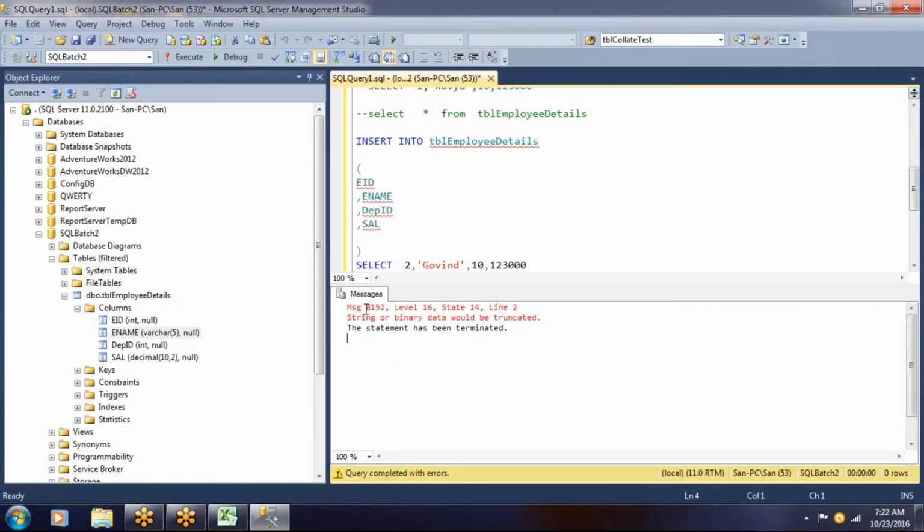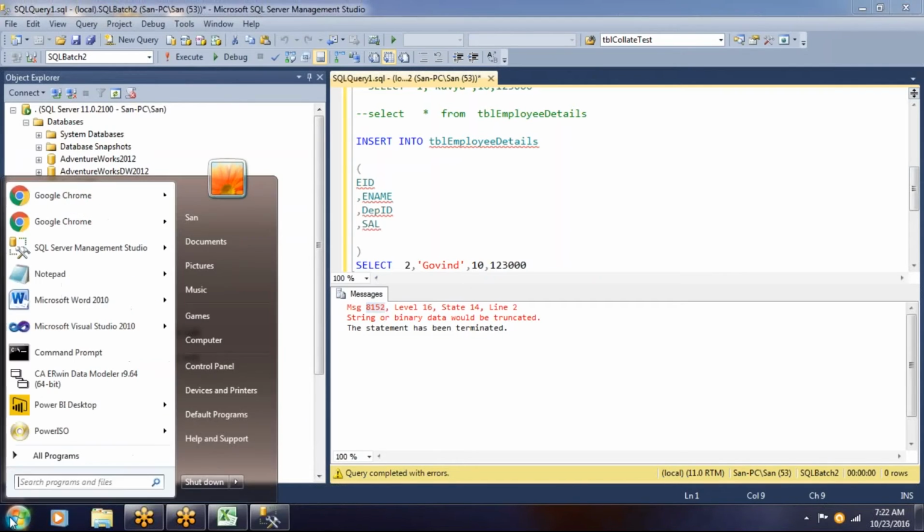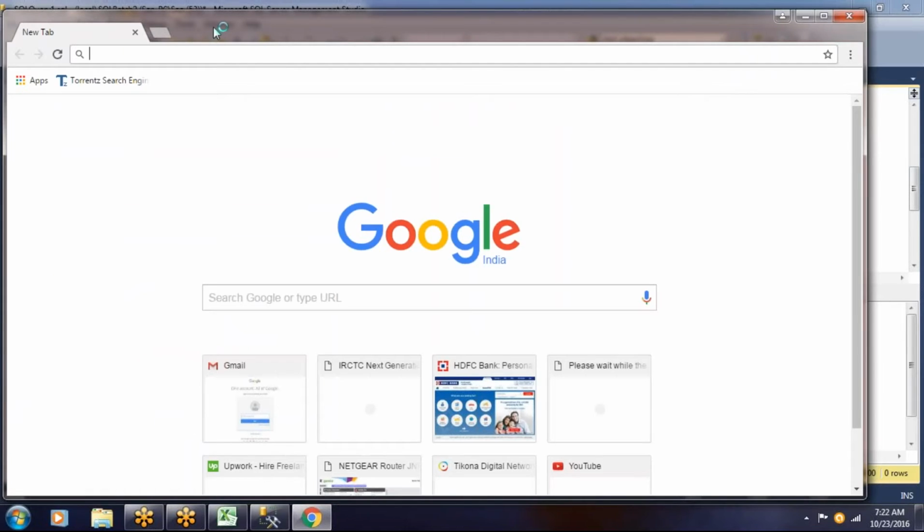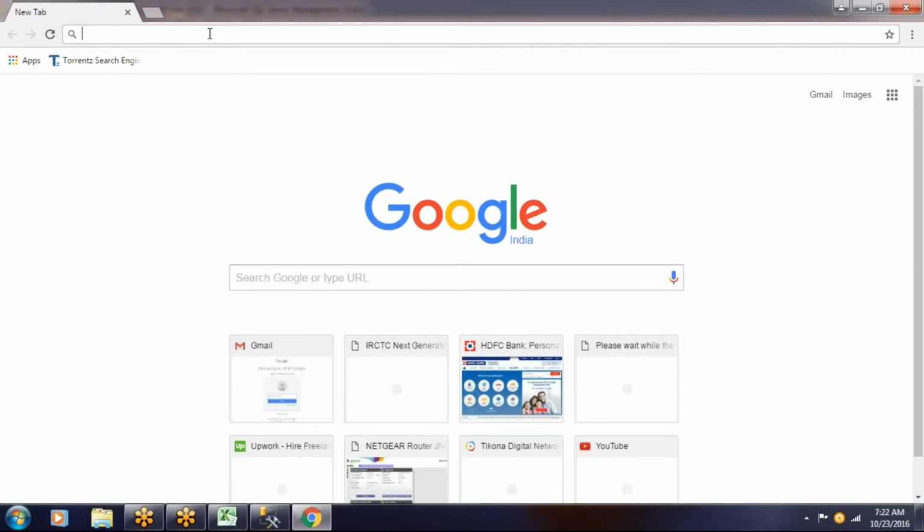So how can you see the error message? Whatever 8152 is here, this is the error number which will tell us the detailed description about the error in the Microsoft Developer Network.